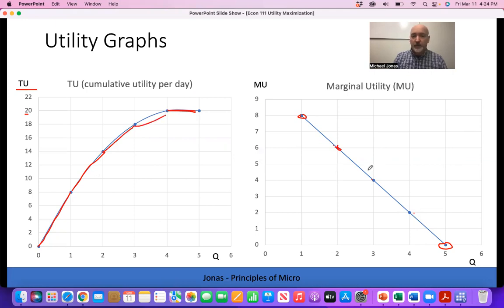So as that line flattens out at a constant rate, it doesn't have to be that clean and linear. But that's the other way to think about how we're deriving this. From our point of view, it's more important what it's telling us in terms of consumer behavior. And taken together, these two graphs are a representation of